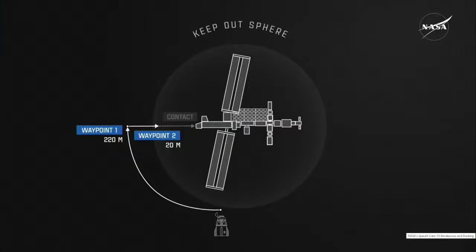And the crew are headed to the forwardmost port of the station today, the Node 2 forward, which is the forward-facing port. And Dragon has docked to Node 2, also known as the Harmony module, for all of the crewed missions so far, because that is where both of the international docking adapters, or IDAs, are located. And then once Dragon is only 20 meters away from the space station at waypoint 2, the spacecraft begins focusing on that final alignment of its docking systems with the International Docking Adapter. Shortly after that, we are likely going to hear a call out that says CHOP, which stands for the